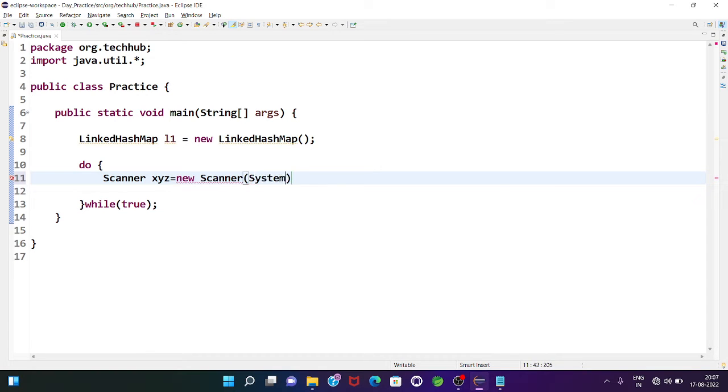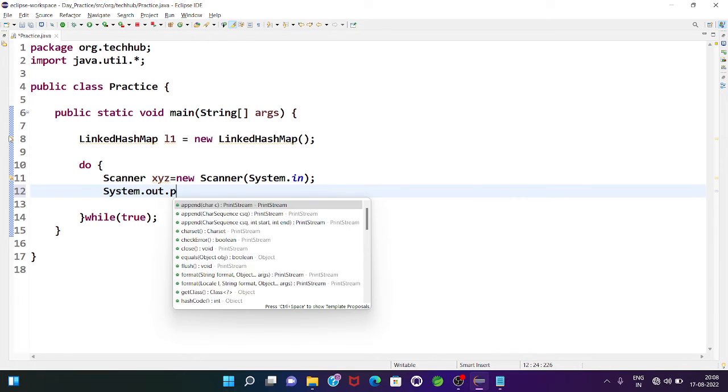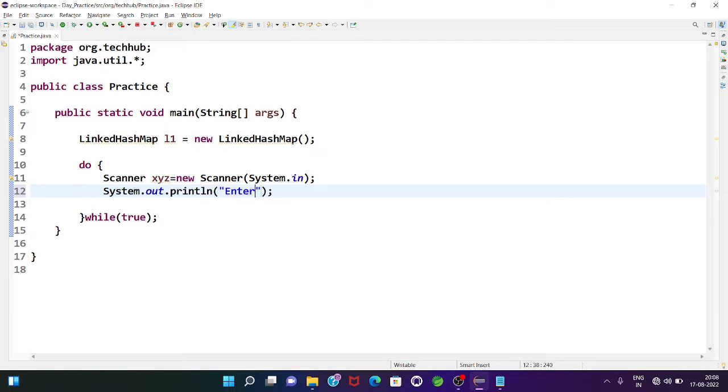Then first put one case, that is enter elements,